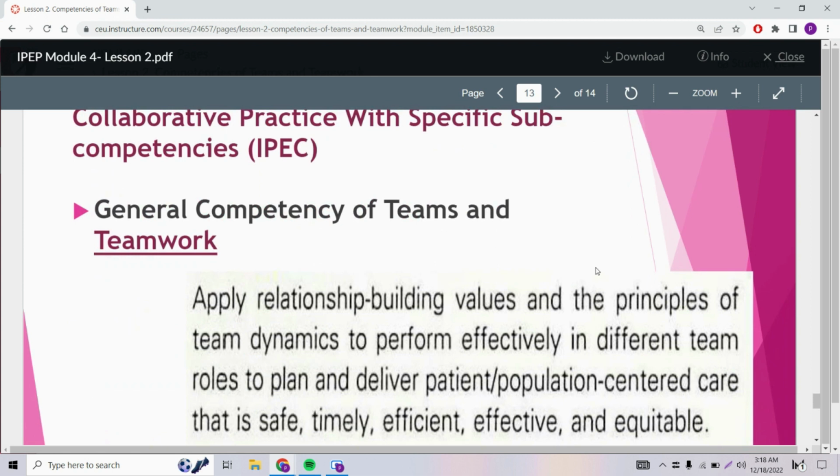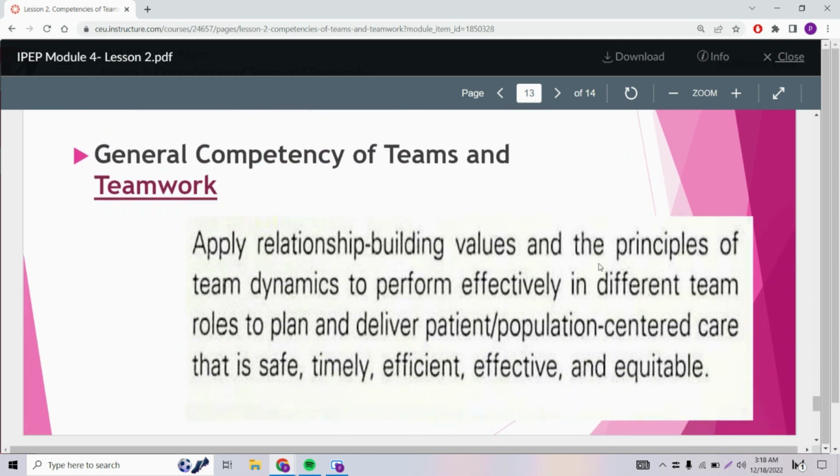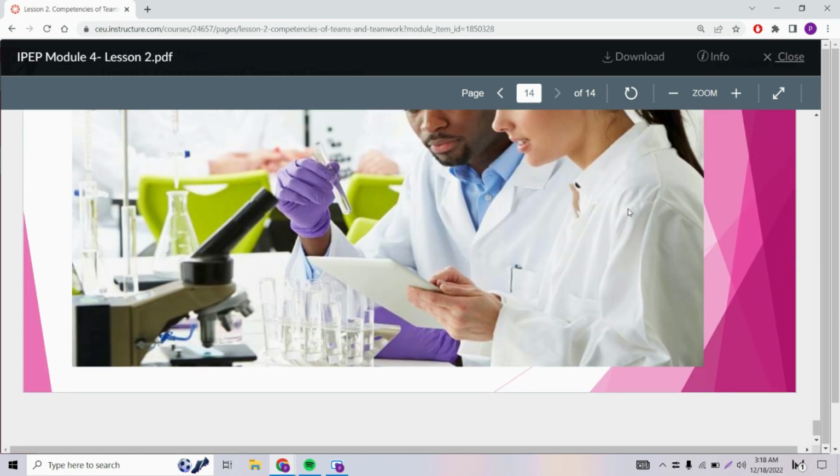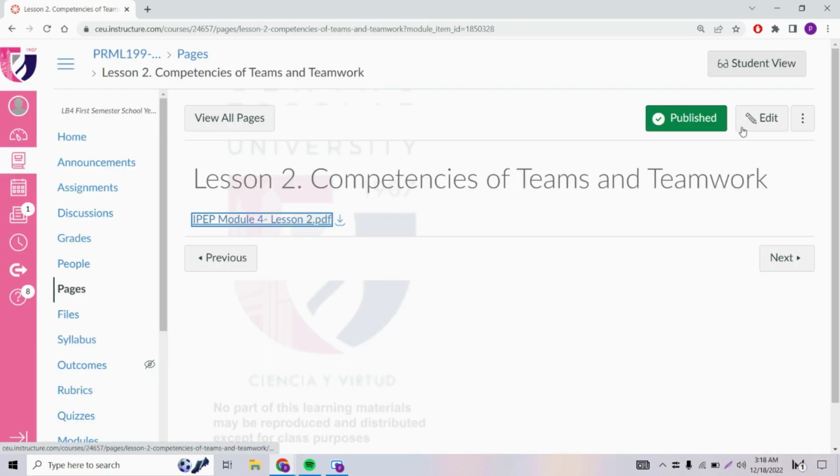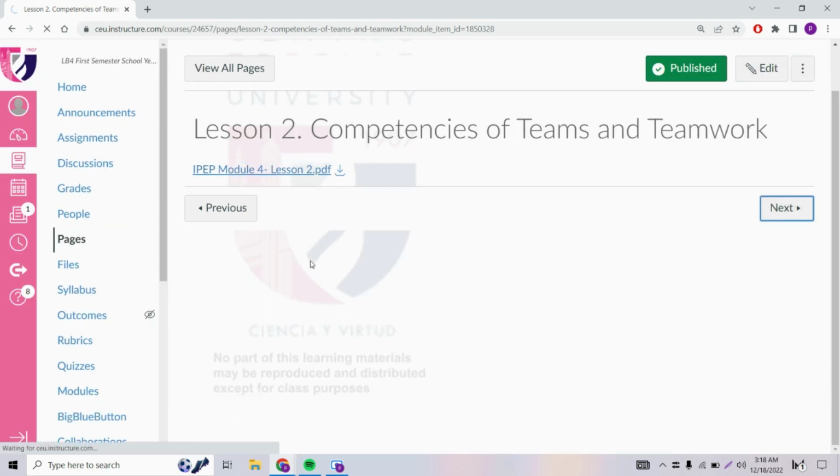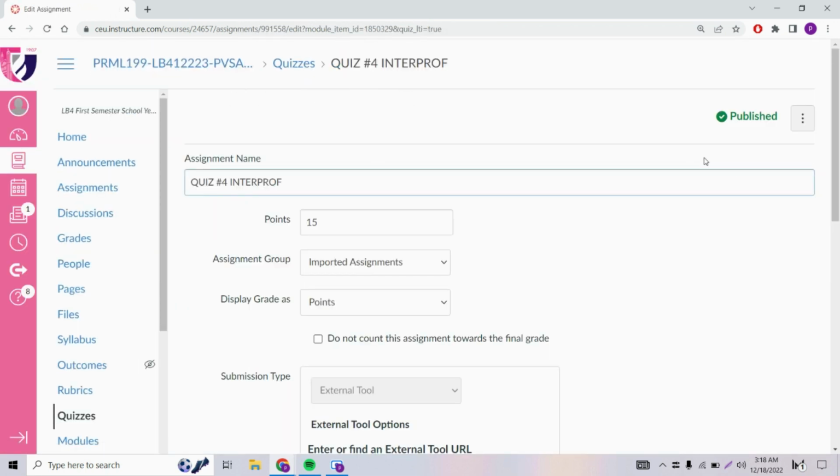Then, we also have the core competency for teamwork. Apply relationship building values and the principles of team dynamics to perform effectively in different roles to plan and deliver patient and population-centered care that is safe, timely, efficient, effective, and equitable. So that basically ends, class, the